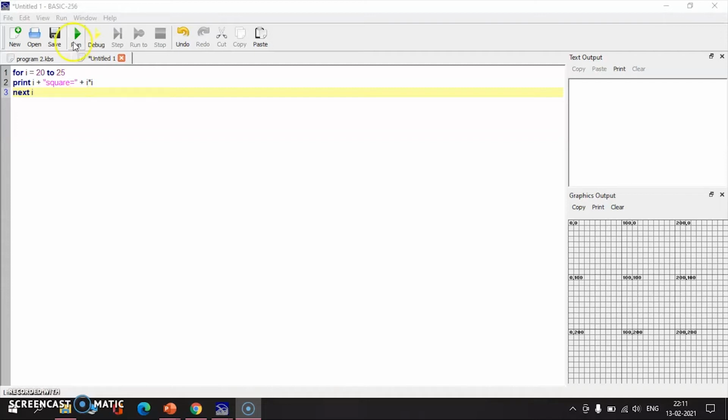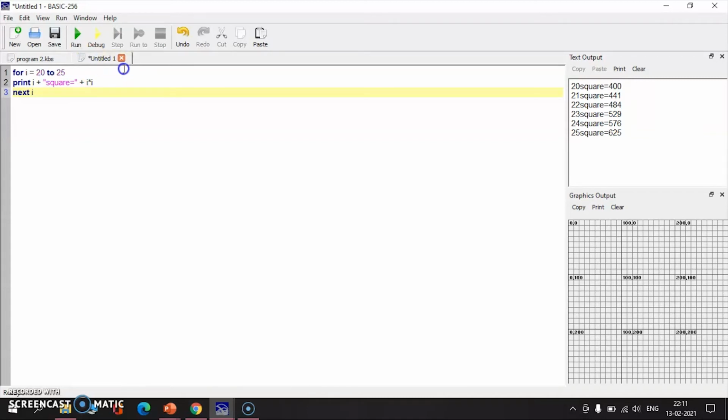So now I'm going to run this program. You can see it automatically increments the value by 1. Now you can see the difference between our first program and the second program. So if you give any value here, it increments based on the value which you give in expression 3.